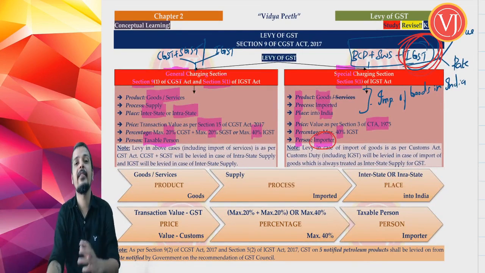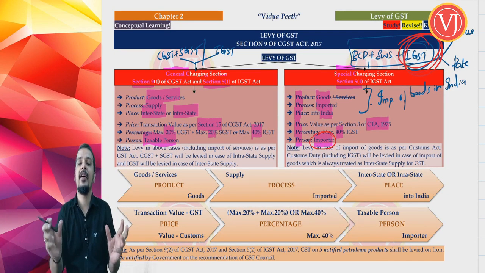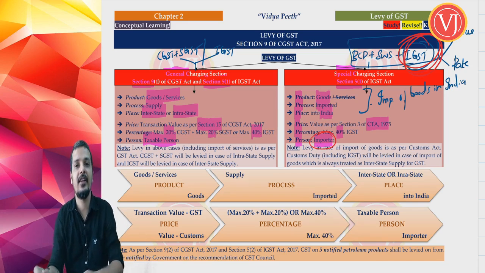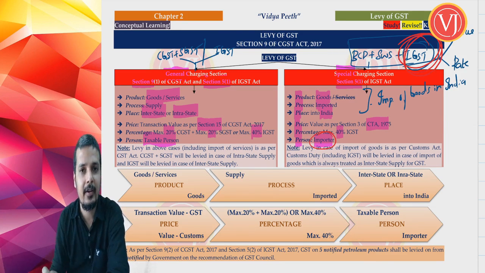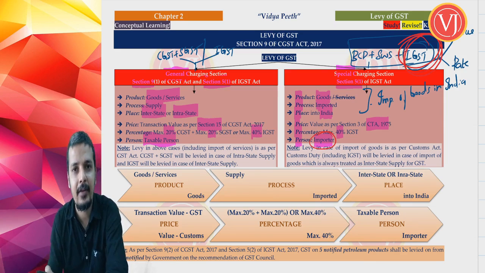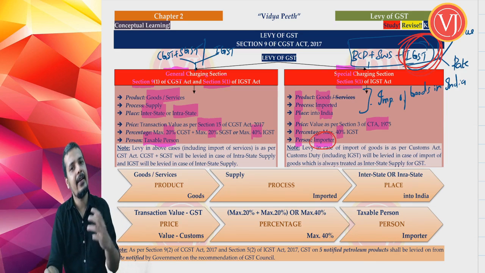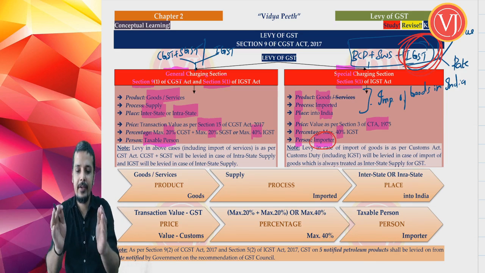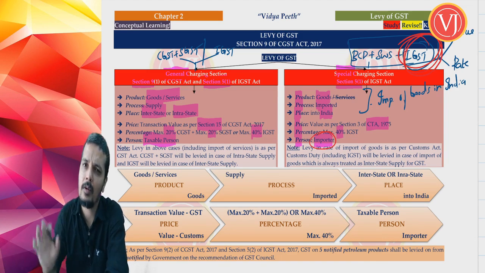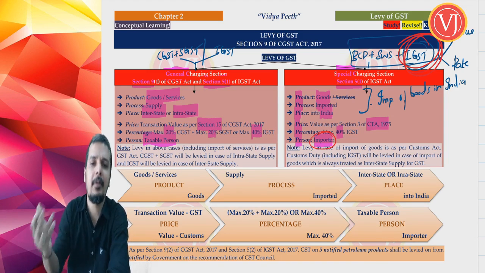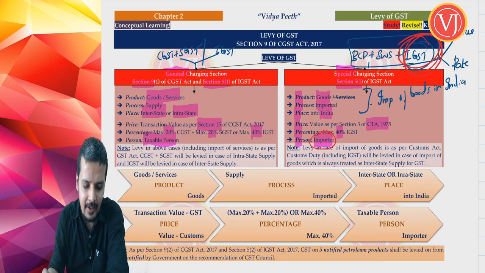That makes section 9 of the CGST Act and section 5 of the IGST Act, both of which are charging sections, very clear. We have discussed this clearly with a lot of examples so that you have these points in mind, and all those examples will be taken care of in other aspects also. Otherwise we would have had the examples within the chapter in written format itself. So all those examples that we have discussed will come again in written format in some other chapter.